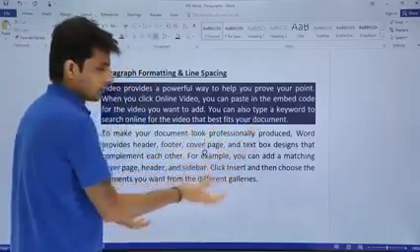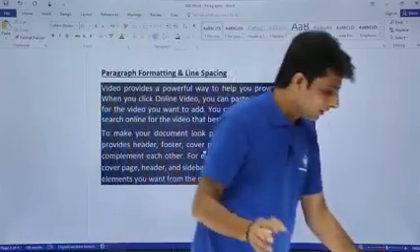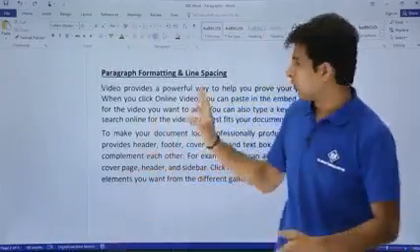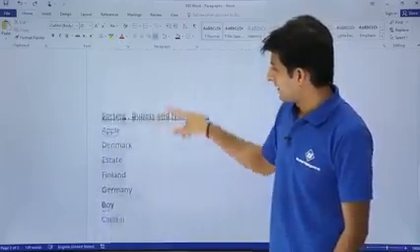I'll keep my cursor at this place and I'll put the color here. So this paragraph also got colored. I'll press Ctrl Z from my keyboard and we'll go back. So this is how we can color the paragraph. Let's see the next one.